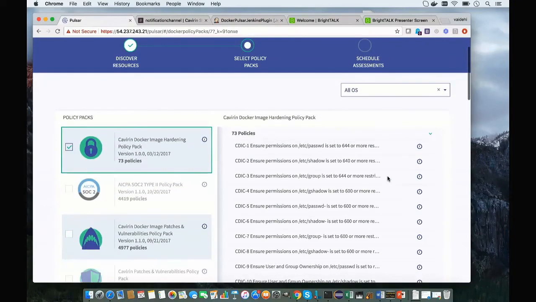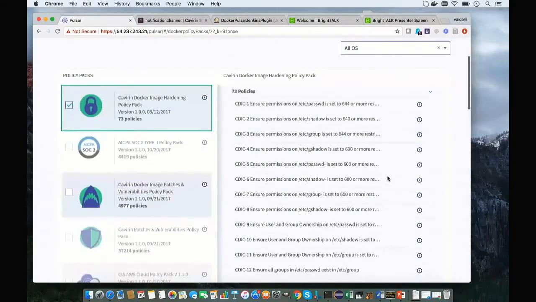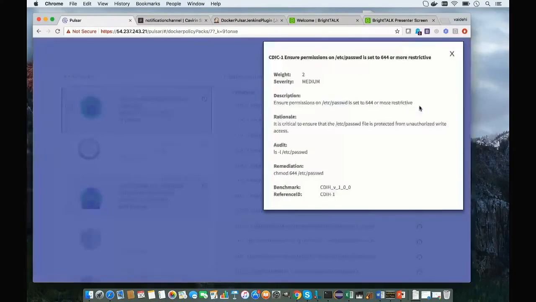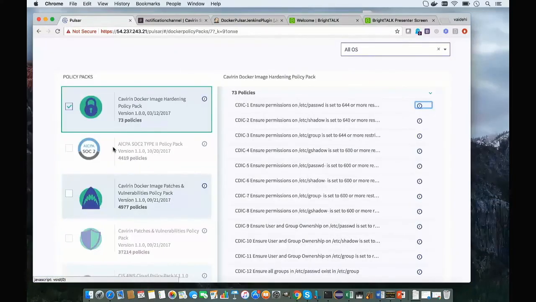We check for permissions against many packaged folders. If we go to the details of a particular policy, we show how this particular policy has been audited and what is the remediation step in case of failure. We also have